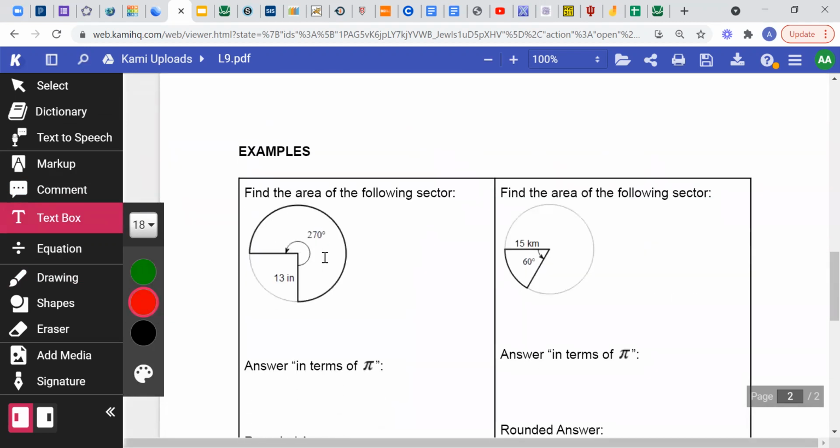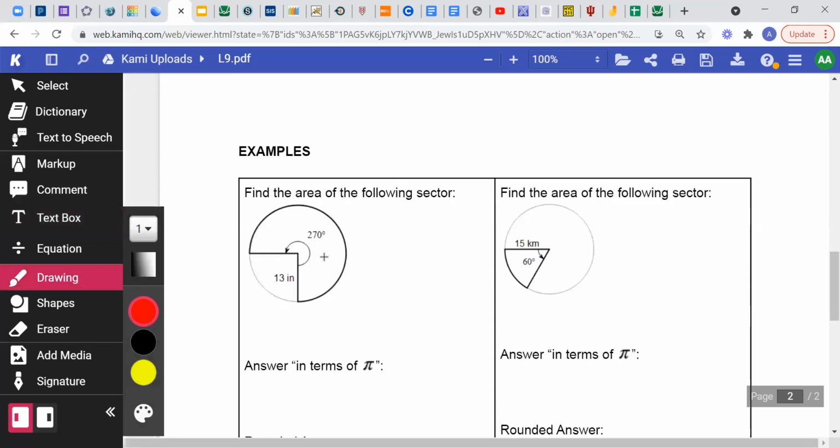Then if we go into calculation, what is the radius of this circle here, Savannah? The radius, 13 inches. Okay, and then what is the x naught? The angle formed through the arc here is 270. Okay, so here the area is going to be